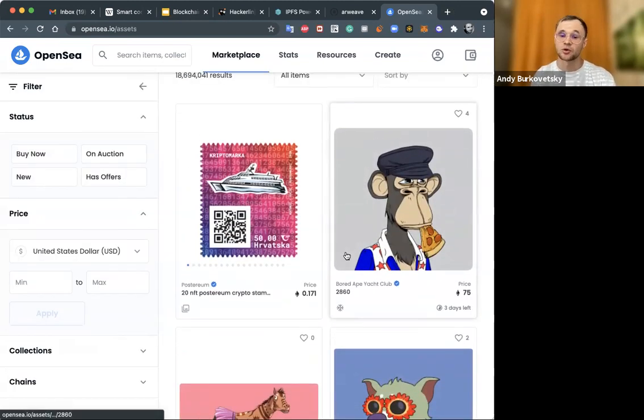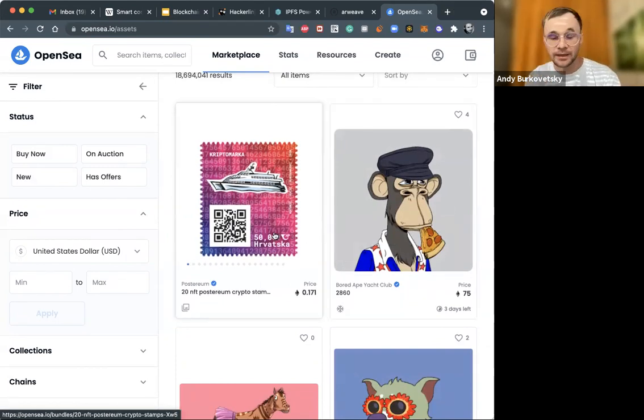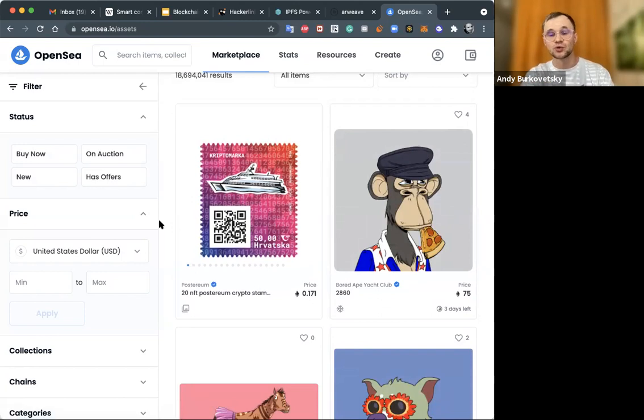The actual data is stored on IPFS, which I showed, a P2P network, and the blockchain is used to manage whom this NFT item belongs to. And because this information can't be changed by a third party, it can't be lost.